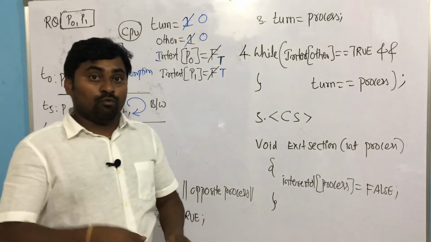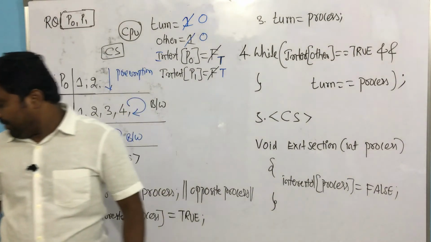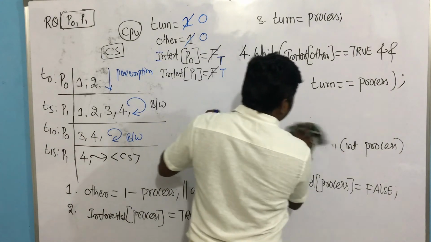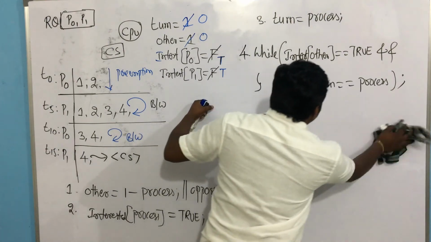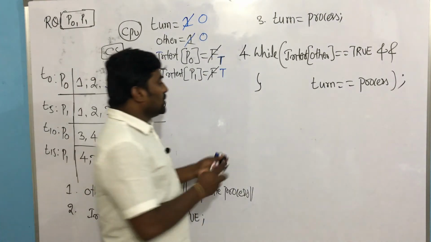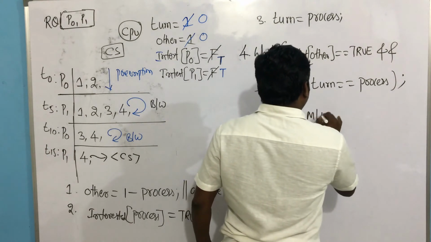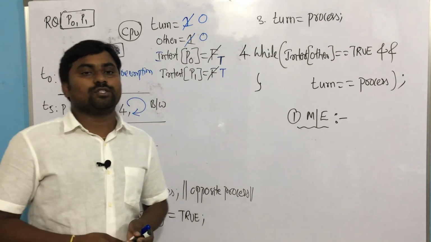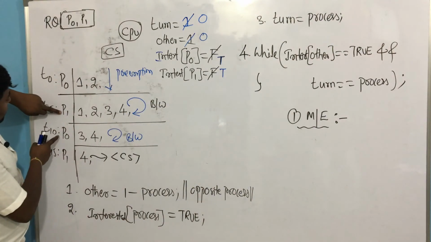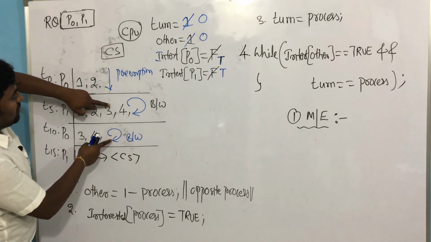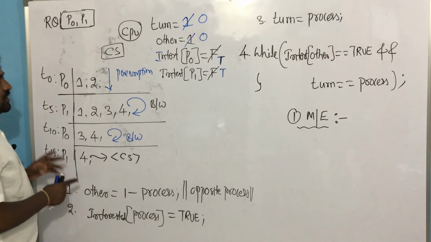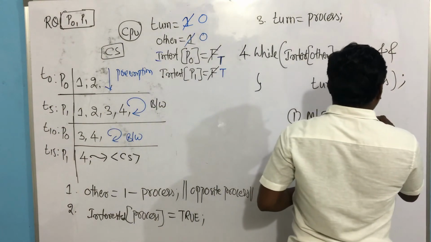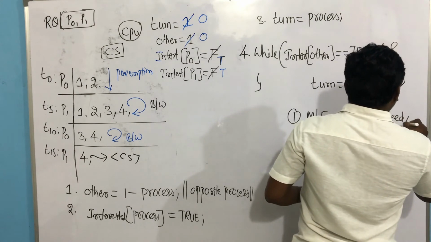Fine. So at this moment, we should understand a point. What is the point we should understand here? Look all of you. Is mutual exclusion guaranteed or not? Because I told you initially that mutual exclusion is going to be guaranteed. We need to check mutual exclusion. What does mutual exclusion say? Only one process is allowed to use the critical section. See, both are trying or not? P1 tried, P0 tried, concurrently, right? But who is allowed to use the critical section? P1 only. That is, only one process is allowed to use the critical section. It guarantees, yes or no? Guaranteed. So mutual exclusion is guaranteed.